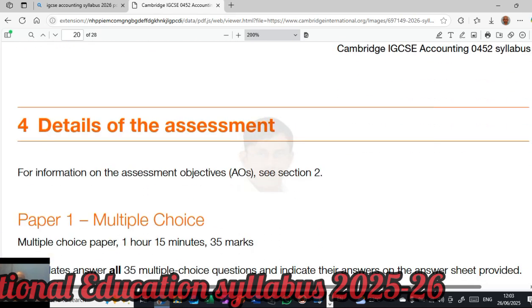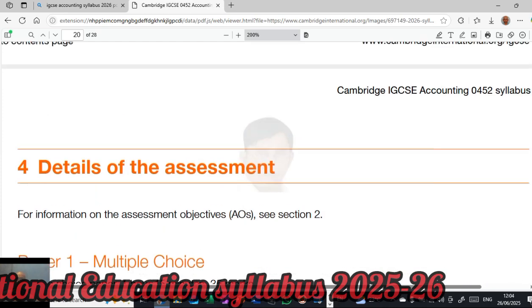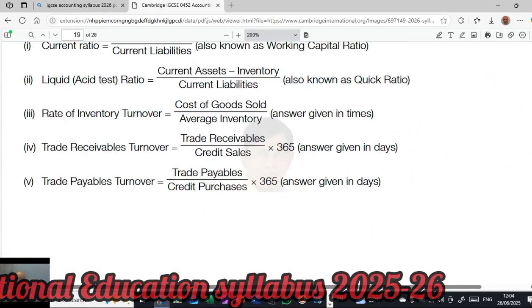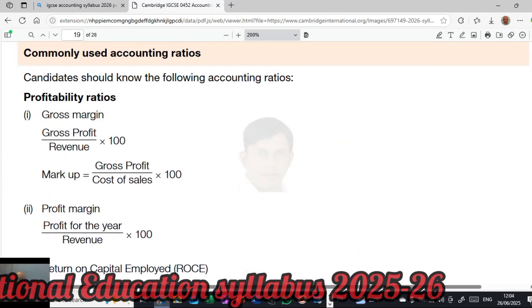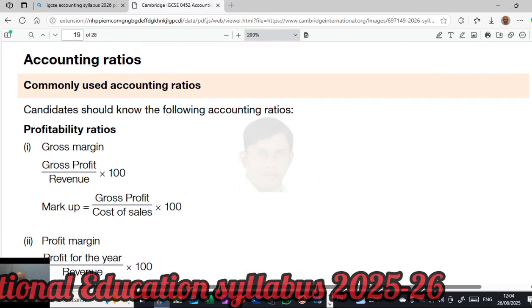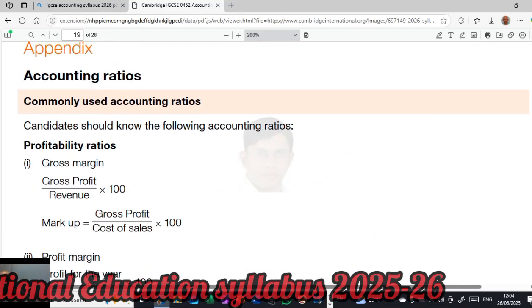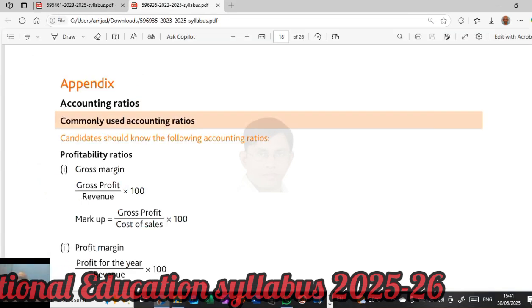So these are the important formulas you need to remember before starting work on ratio analysis, particularly problems on ratios. You need to learn them by heart, then apply, use and interpret them. So we'll discuss accounting ratios in IGCSE. You have to understand and apply these formulas wherever required, and find out and interpret.